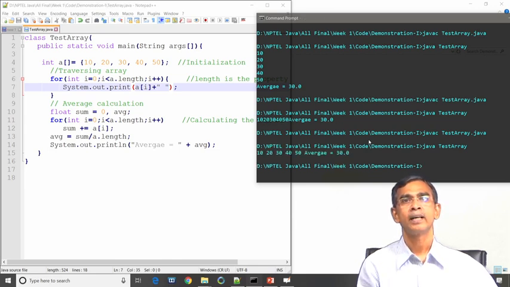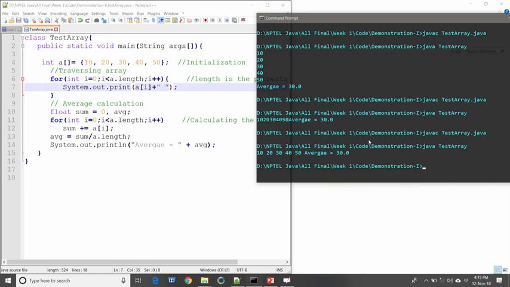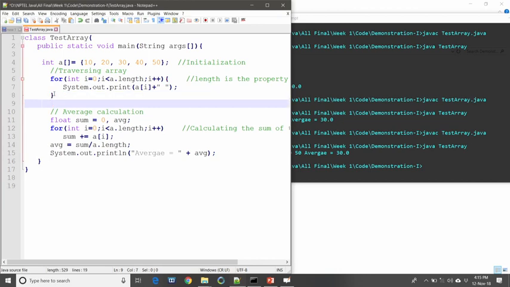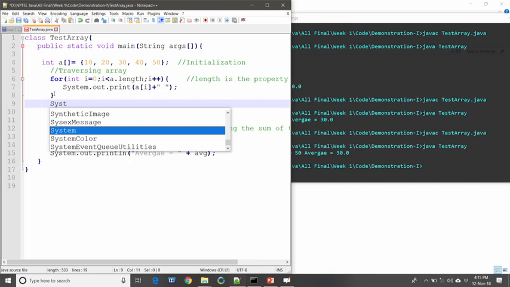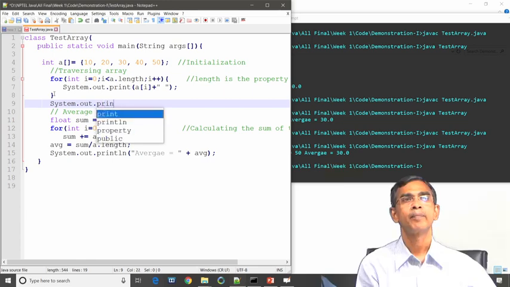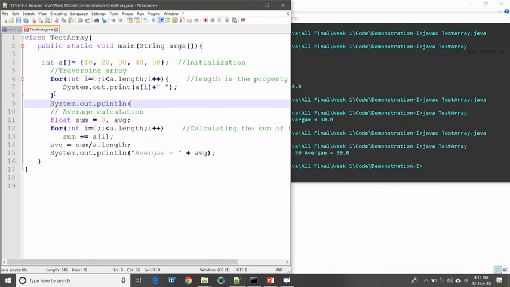Now, here we can see how the output is displayed on the screen. I can make a slightly different output. At the end of the first for loop brackets, here, you can write one System.out.println, with just empty double quotes, nothing, and a semicolon.